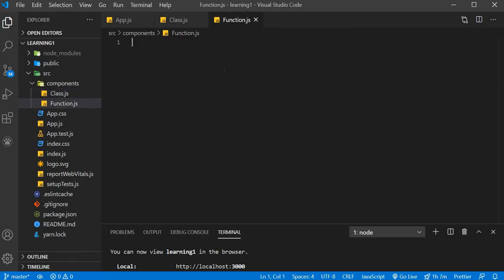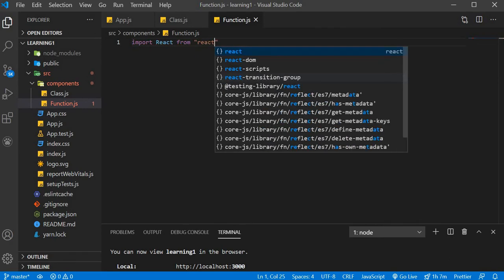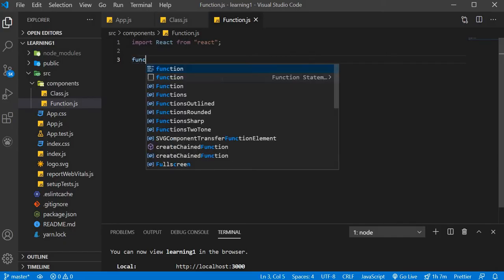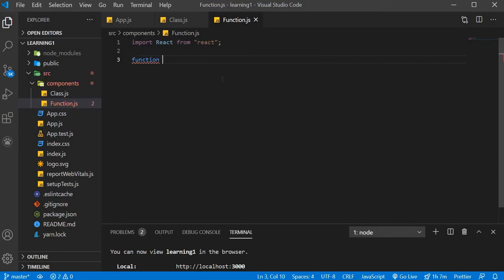Now create a functional component. Import React from React, then type keyword function, then your function name, let's say Student, then parenthesis and return.